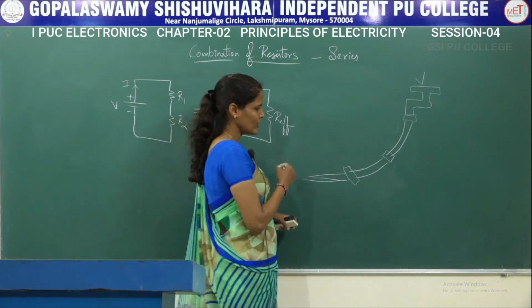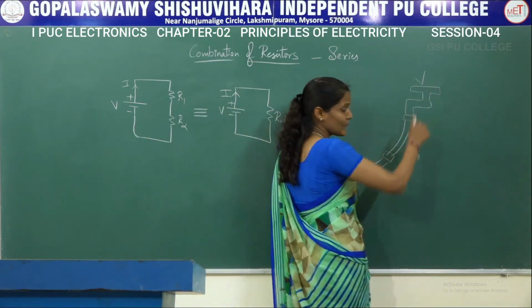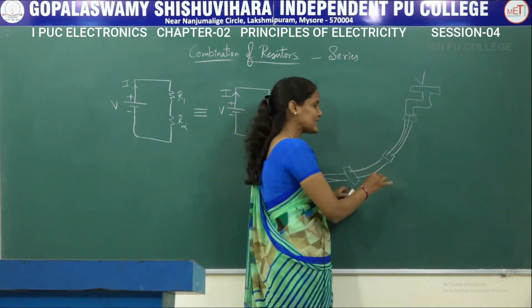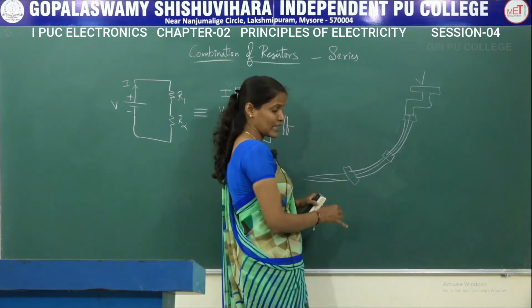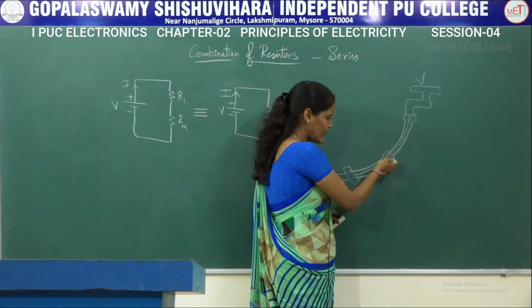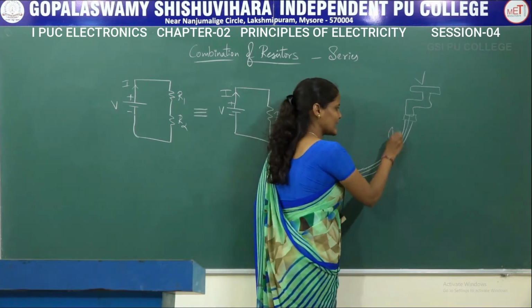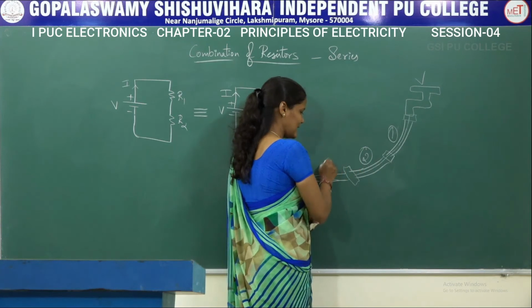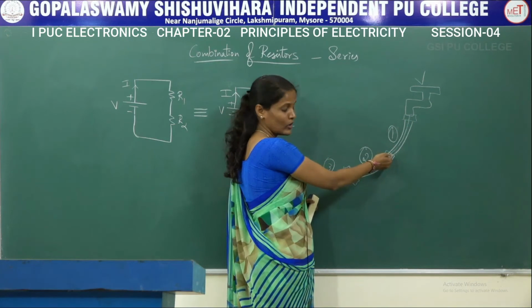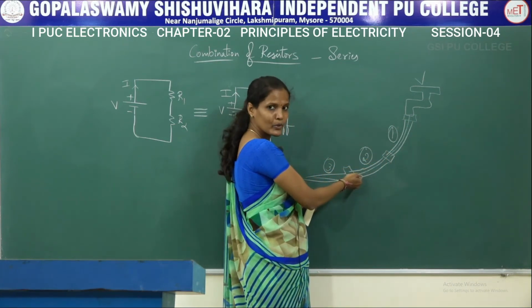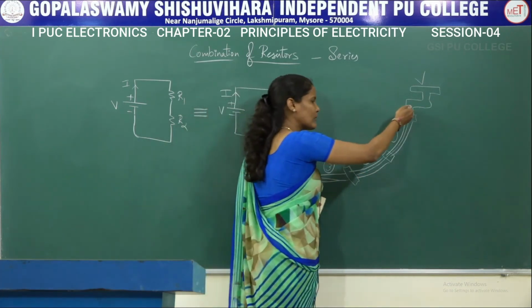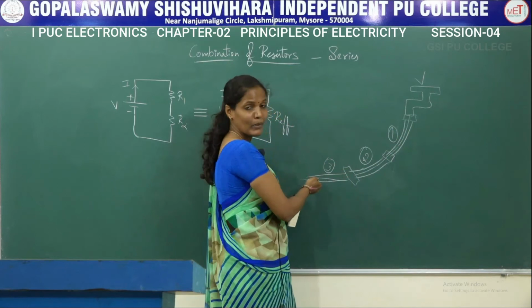Now if you observe this properly, as soon as the tap is opened, the current flowing through this particular pipe is the same as the current flowing through this particular pipe. That is, the water flowing through this pipe, the same water flows through this second pipe. Let me call this pipe number 1, this pipe 2 and this pipe 3. So the water that flows through the first pipe, the same water flows through pipe 2 and the same water flows through pipe 3. So the water flowing through all these 3 pipes is the same.